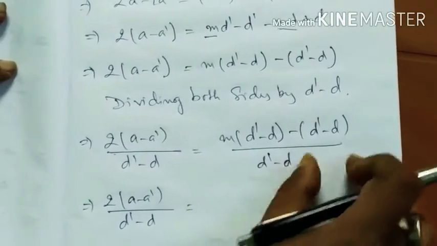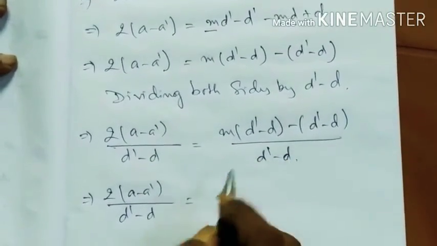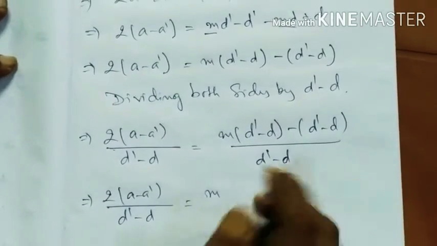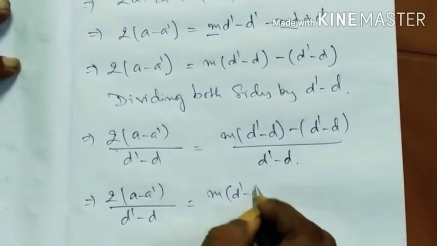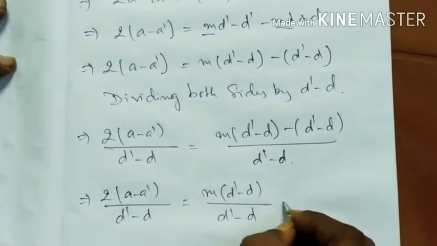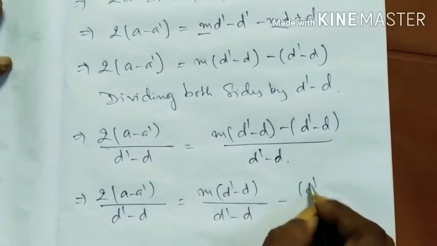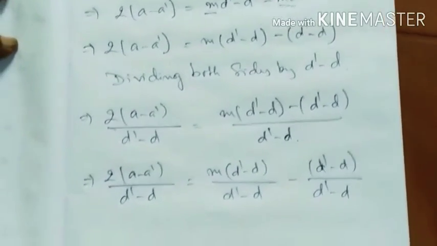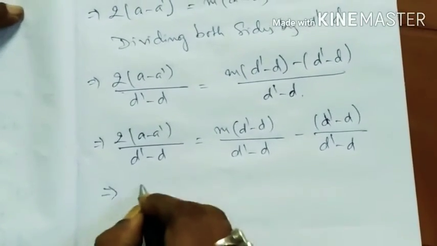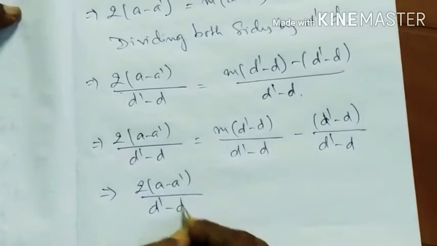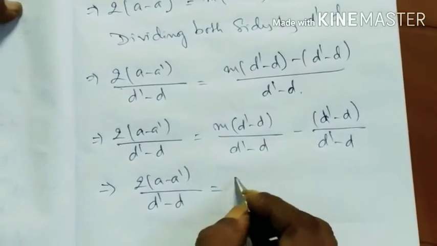I am dividing the LCM into two parts. That means d dash means making two fractions: d dash minus d and d. This is 1. So this is equal to 2a minus a dash by d dash minus d is equal to, this